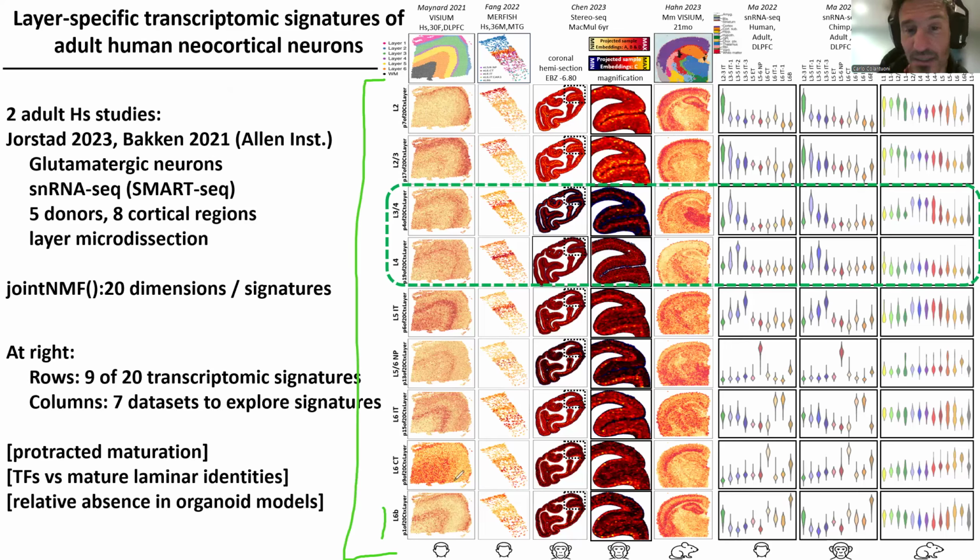And you can see them in the cortical slices here. So what I want to do though is zoom in on 2 of these in particular. But I wanted to show you all of them before we leave, just to show that really the data from the ALAN combined with these joint decomposition techniques was really able to give us a rich spectrum of transcriptomic signatures describing the diversity of neurons in the neocortex across the adult human.